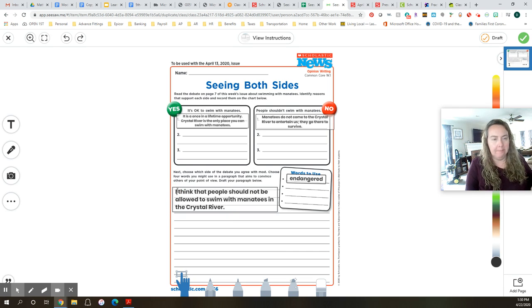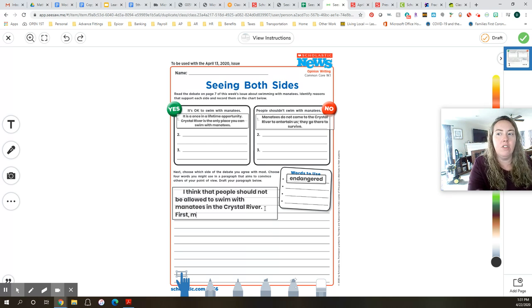I'm going to remember. Go up here and tab. All right. Why do I think? What were some of my reasons? So I get to go back up here to the no side and think of some of my reasons. And oh my goodness, I'm going to remember to use my transition words. So my first reason, first, and guess what? If you did a nice job with your notes up here, the rest of this paragraph is going to write itself. It's going to be really easy. I can just kind of paraphrase, put into my own words, my reasons that I wrote at the top. So first,